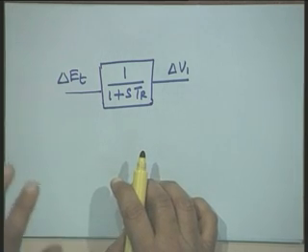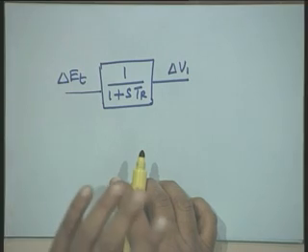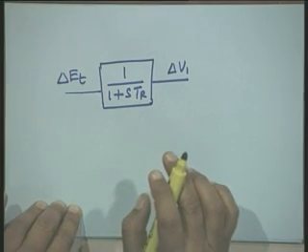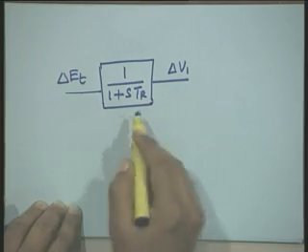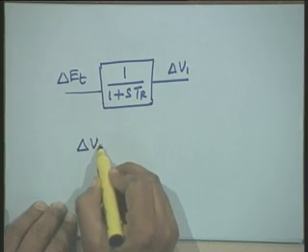Now, this model which we are talking about is a small perturbation model, and in a small perturbation model all the state variables are initially 0. That is, the perturbed values like delta V1, delta Et, at time t equal to 0 are 0, and therefore we can replace S by P, okay, and you can write down the equation in this form, delta V1 equal to